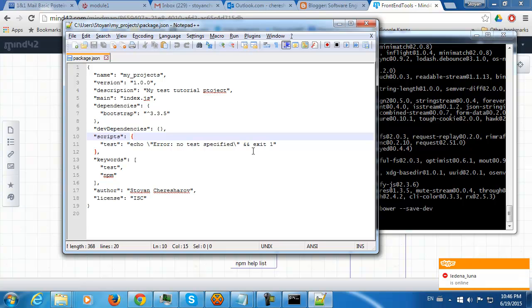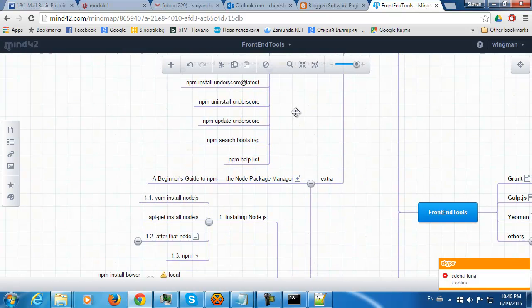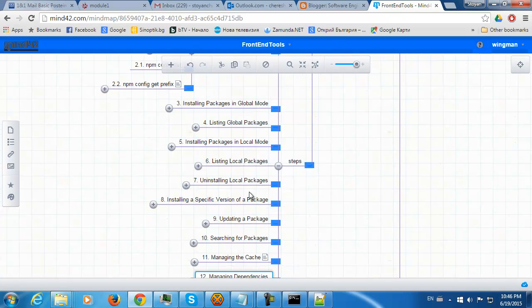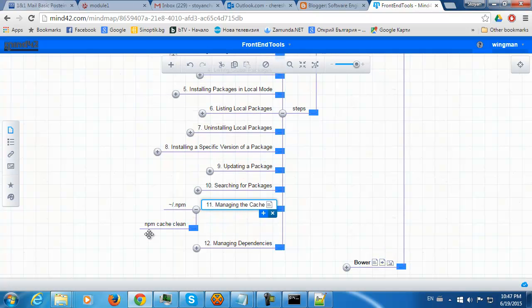After that, we started to install local packages, uninstalling local packages again, updating local packages, searching for packages, how we can manage the cache, npm cache clean, and